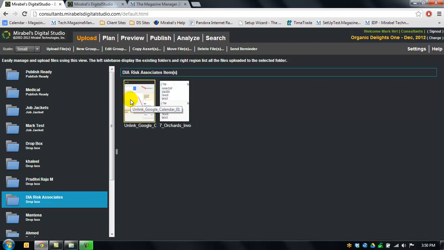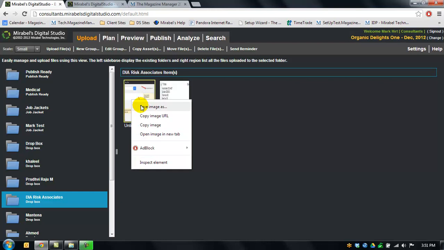Again, this is simply a repository, kind of like an FTP site that's integrated within Digital Studio that you can share with your client, so that they can upload their ad material directly up to you. This is a placeholder for that ad material, and you would then right click and save the image, copying this ad material outside of Digital Studio into wherever you keep your ad material for your InDesign graphic artist to go in and put the pages together. As always, you can delete this ad material from here once you get it out and use it outside of